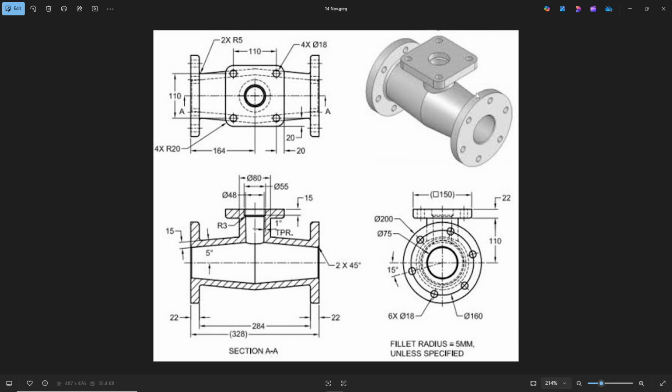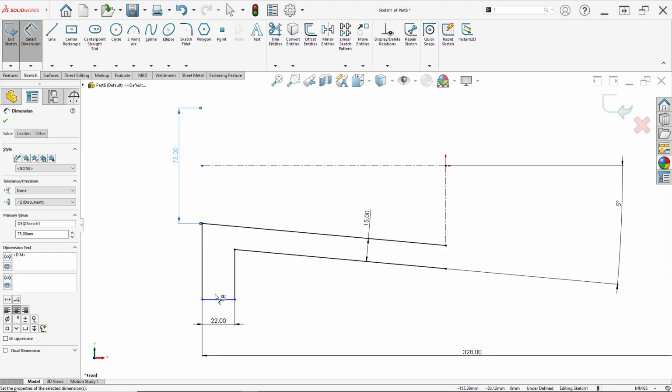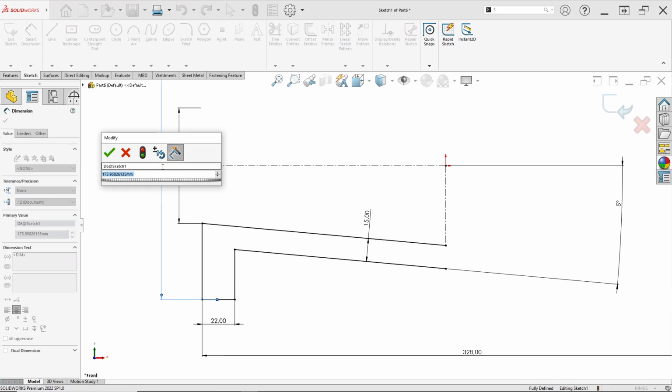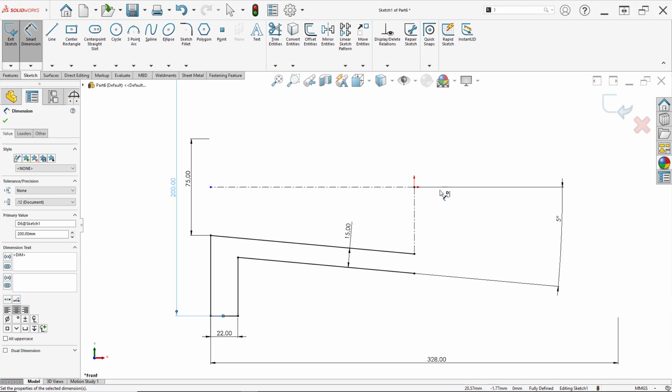Then the outer of the flange in here, this line to this line, you can see from the right view in here, the diameter is 200 millimeter. So this line and this center line have a diameter of 200 millimeter, like this.